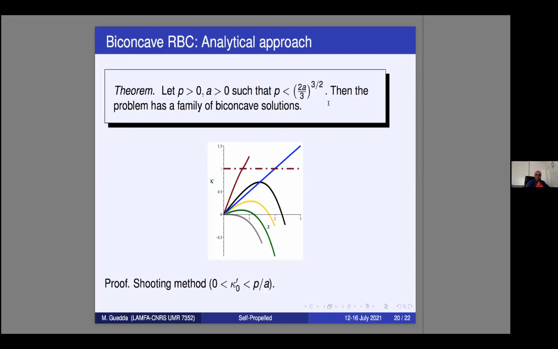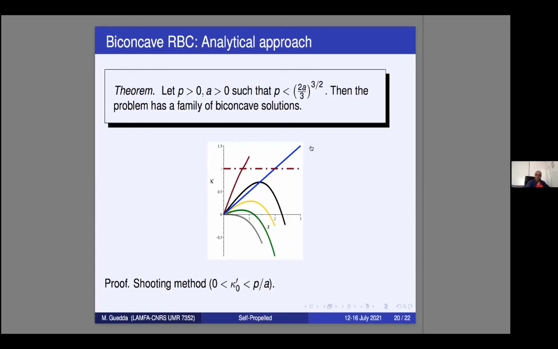In fact, this theorem is known before because there are some papers which say that when P over A power 3/2 is small, we can obtain solutions. Here we obtain the exact condition on P and A, and for our study we suppose this is obtained as a sufficient condition, but not necessarily. If we take kappa prime 0 less than P over A, we can obtain these three different families of solution. The blue curve here is